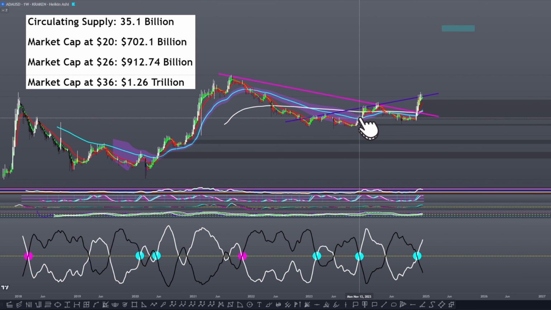Had you bought it precisely when the cross happened, you would have bought somewhere around 40 cents as it headed into 75 cents, but ultimately you would have wanted to continue to hold that longer because it's still in its accumulation period. So that being the third cross, we have 4, then the fifth prime cross here happening mid-November 2024.